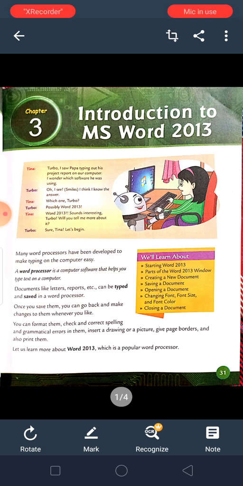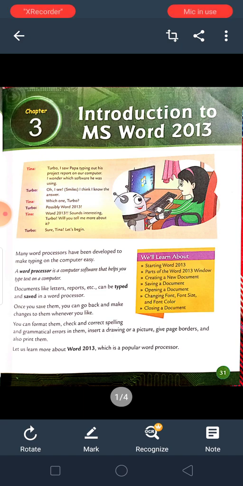If there is any error, we can format them, check and correct spelling and grammatical errors, insert a drawing or a picture, give page borders, and also print them through this word processor. Insert means putting a drawing or picture. So nowadays MS Word 2013 is a very popular word processor.